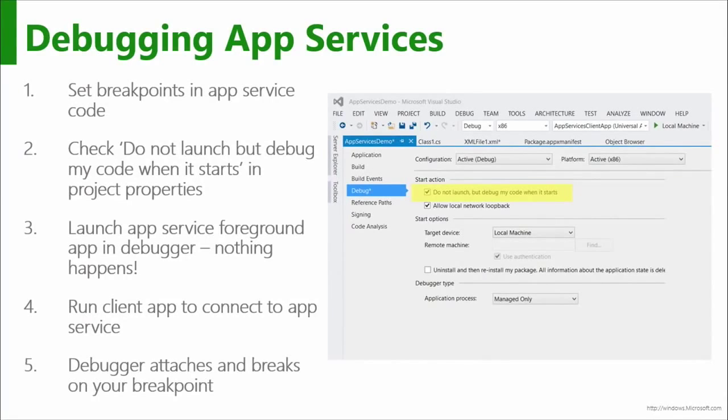Okay. The other thing is, how do you set a breakpoint and debug these app services? Like I said, people who've done background tasks will know how to do this. And you simply need to